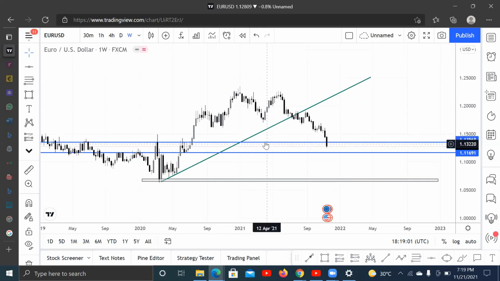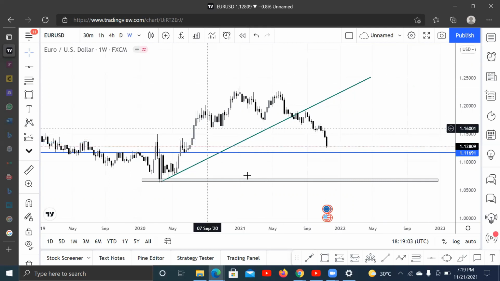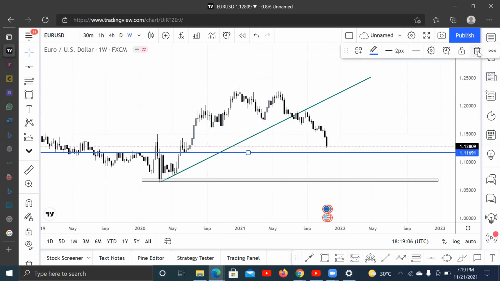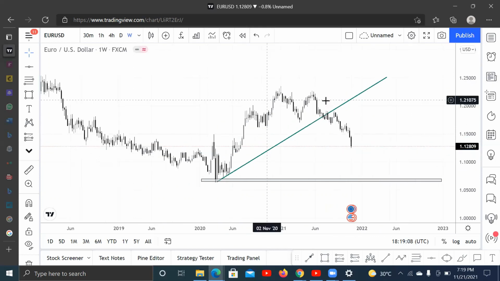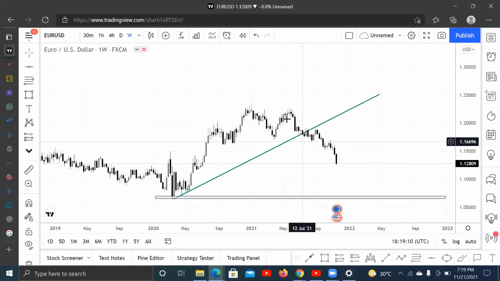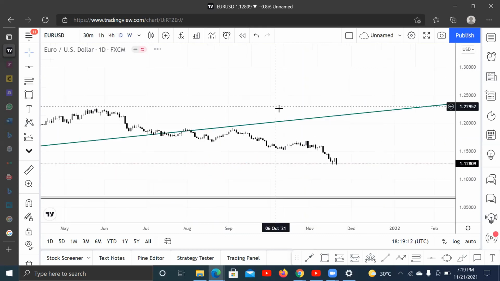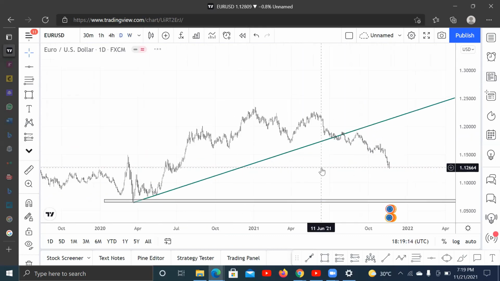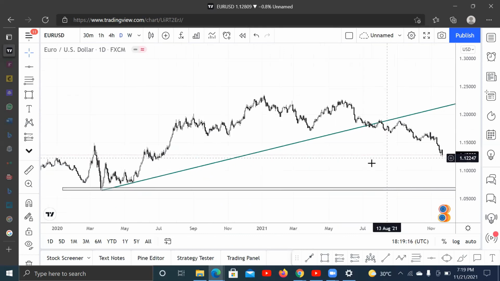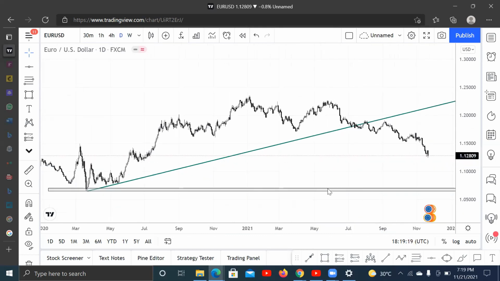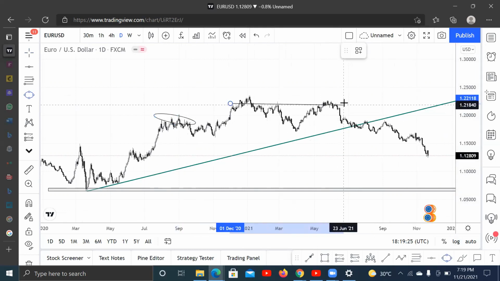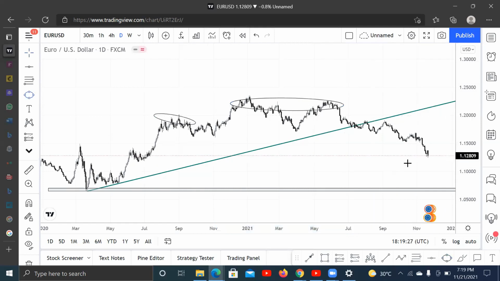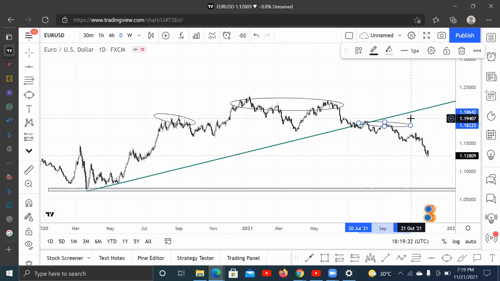Exactly, price region. So let me just draw my key levels so you see what I'm saying. Also, if you notice my Euro USD chart, you see this big bearish pattern forming on the higher time frame. Do you see this big bearish pattern forming on the higher time frame? This gives me more confluence